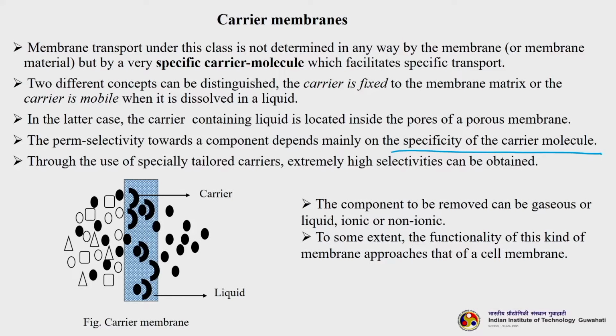See in this particular sketch, these are the carriers, and how they are helping and binding to this solute. This is another solute which I want to transport. This is a carrier and solute intermediate complex. When it reaches the membrane surface on the permeate side, it dissociates and the carrier goes back inside the membrane for fresh binding of the solute.